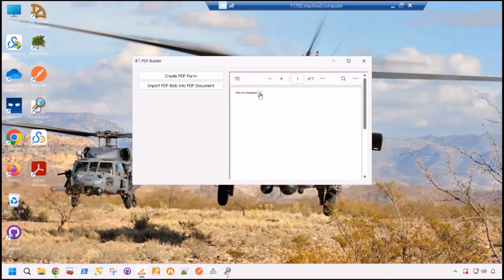Now, you used to be able to do this, or you still can do this, using the rich text edit control, but it just makes a lot more sense to do it here with the PDF Builder. The PDF Builder does provide a lot more functionality, such as the actions and the group boxes. And then this is importing the PDF